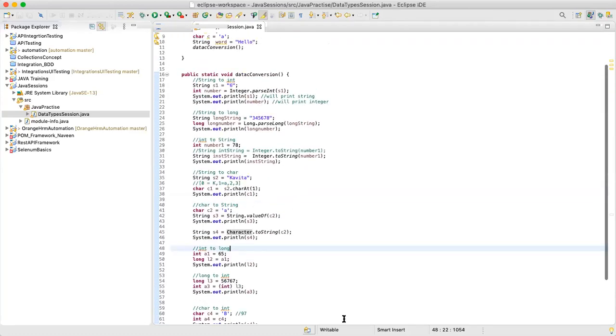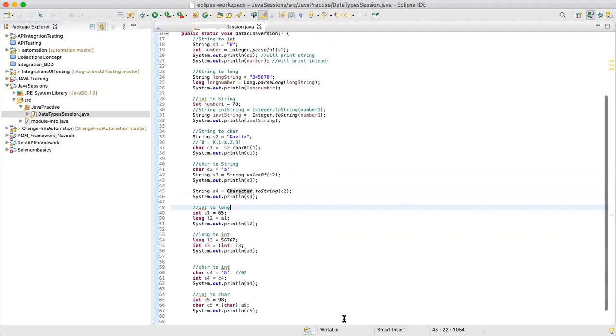Any doubts in this? Rest of the methods, guys, since everyone is aware of the basics now, you can try it from your own side, and if there are any issues, you can have one-to-one chats also, because we have a lot of audience over here. So we'll just try to utilize the lesser amount of time which we have.